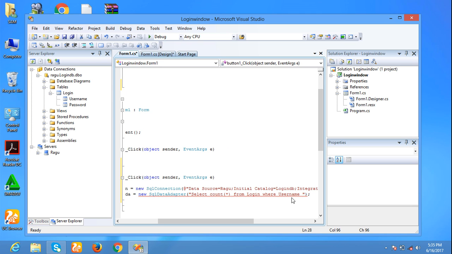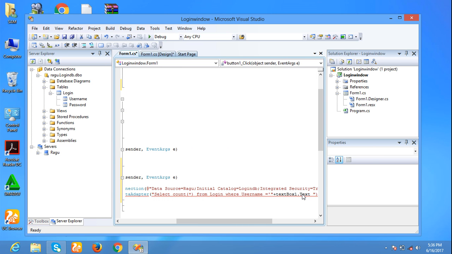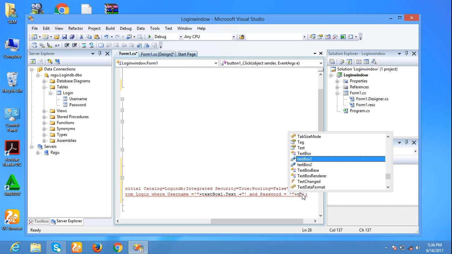Select count(*) from login where username equal to single quote, double quote, plus textBox1.Text, again plus double quote, single quote, and password equal to single quote, double quote, plus textBox2.Text.